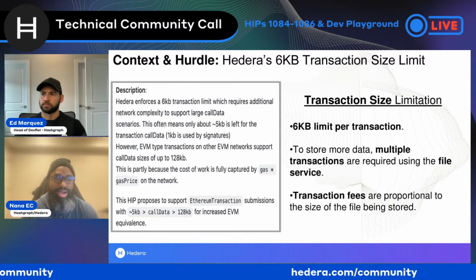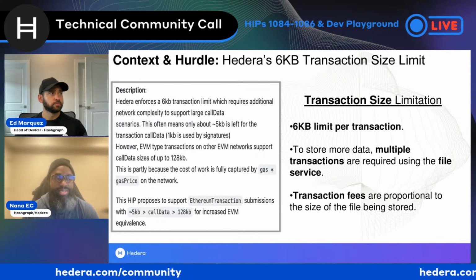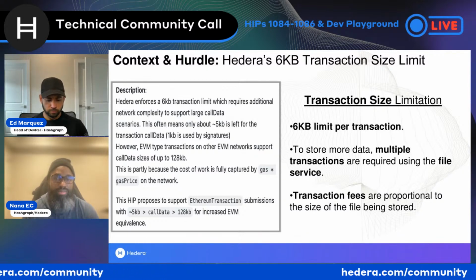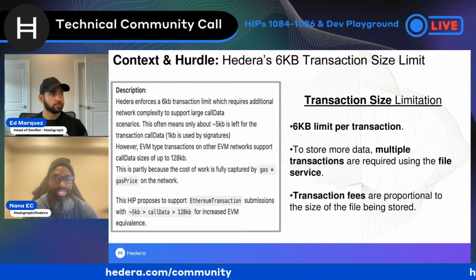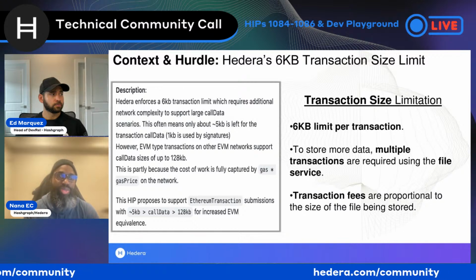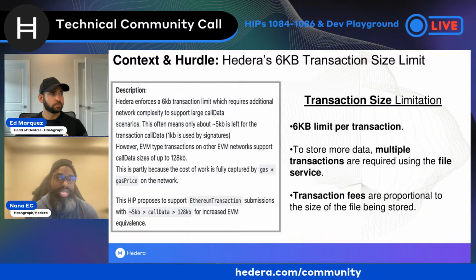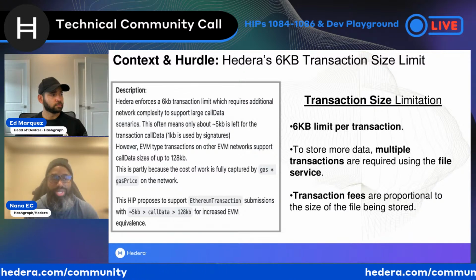One of the ways in which we support larger transactions or larger entities is the Hedera file service, right? So you are able to create files in the network by using multiple transactions. So I might create a file and then append bytes to that file continuously until I get to the size of the file that I'm trying to represent. And this is actually how relayers today support large Ethereum transactions.